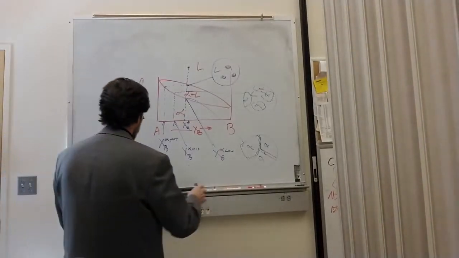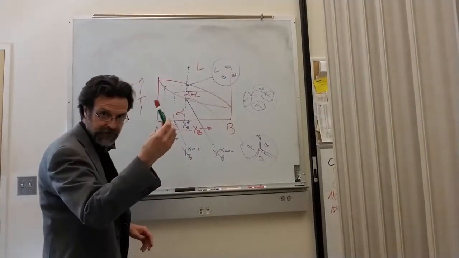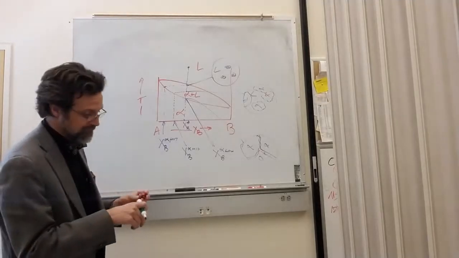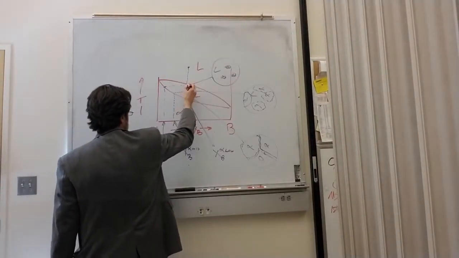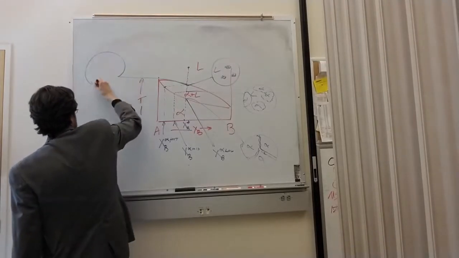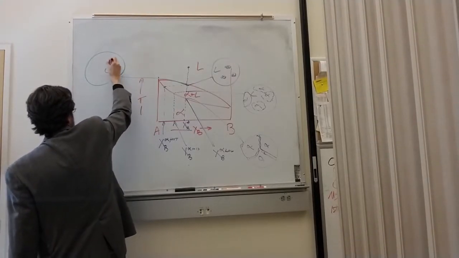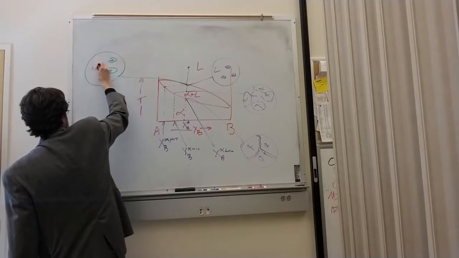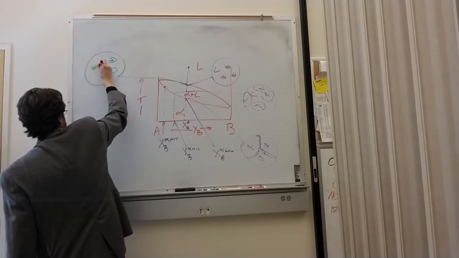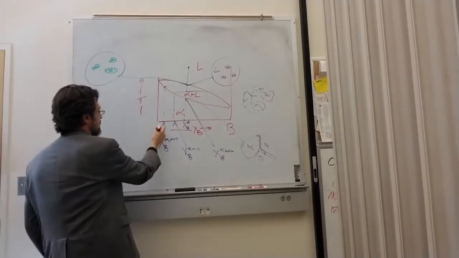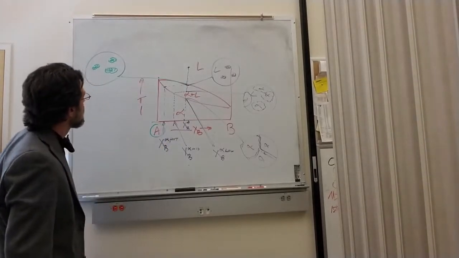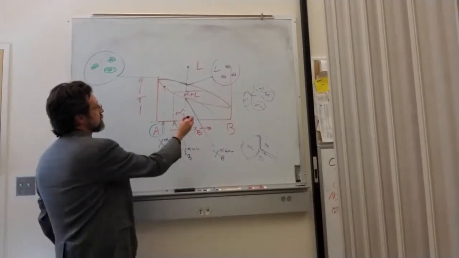So for example, let's say green is my non-equilibrium structure, I'll have alpha, and I'm going to use green to mean my A atoms. As I cool down further,